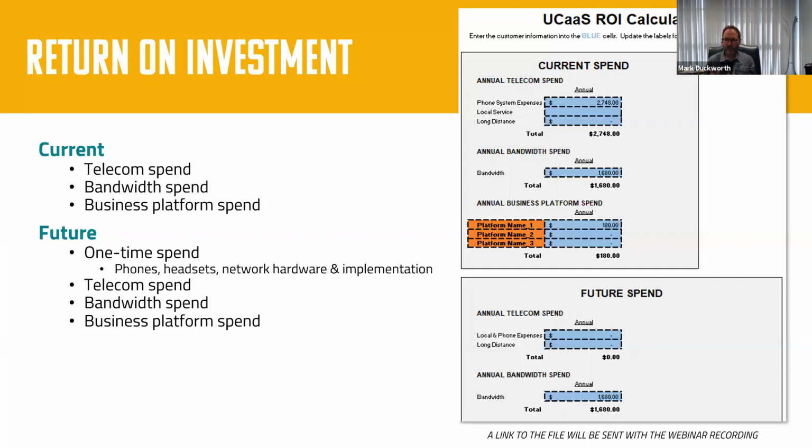Again, I want to be crystal clear. What we see a lot of the time is, if you use this right and show them all these costs, almost every time, or not, I shouldn't say every time, a high percentage of the time, the cost calculator is going to show them it's either cost neutral or cost savings, which really helps you accelerate a close and make your sale a slam dunk. So really important that you do a good job on this return on investment evaluation and present it back to your end user customer.